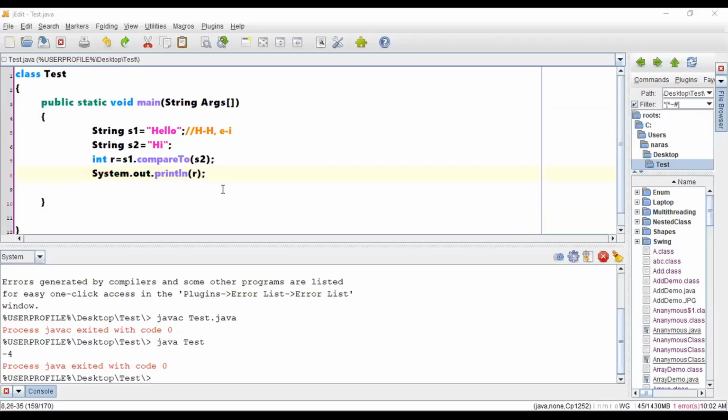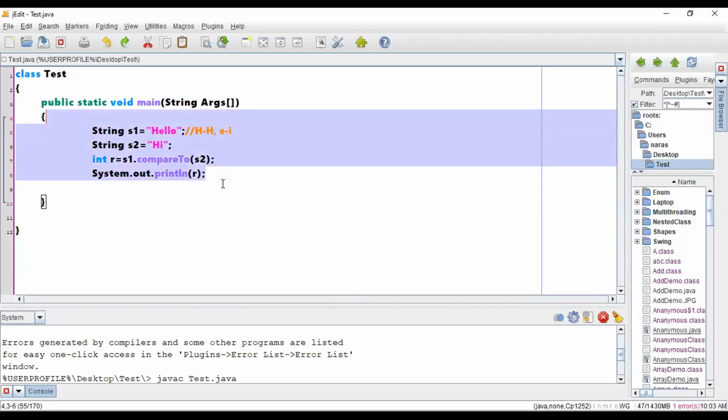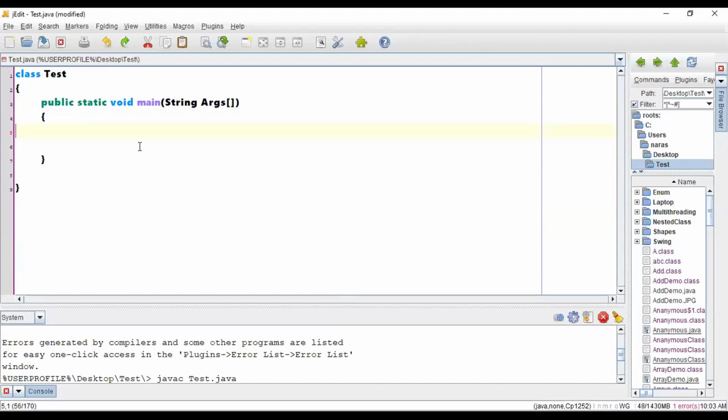We have already done one lab program, but now you are saying you want to discuss it in detail. That is a strange thing. While explaining the lab program, I didn't want to go in depth with respect to capacity. I just showed you whatever was required for the lab program. Now let me make some modifications and show you how exactly the capacity will be allocated for the string buffer.